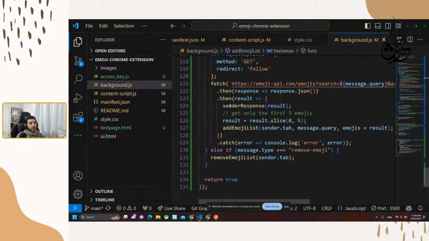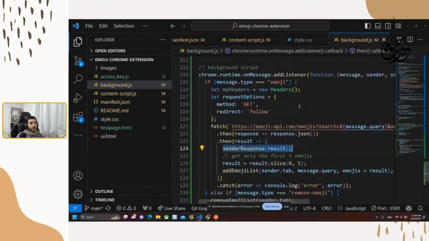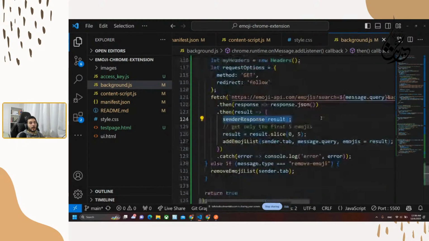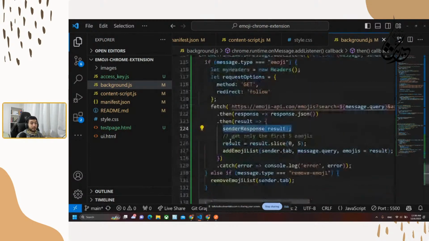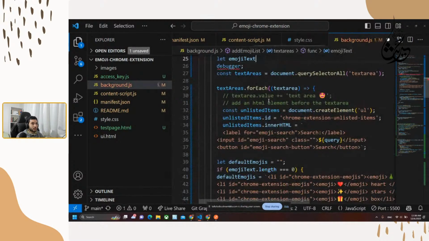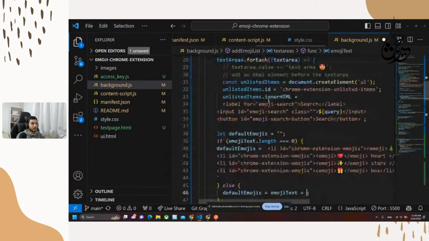I'm sending the result here in that onMessage addListener. And when you send the result, it's kind of a return statement for whatever you are doing. So I just have a return statement before the code that I need to run, which is the issue that I was checking and thinking about a couple of minutes ago. So to get to that, I need to